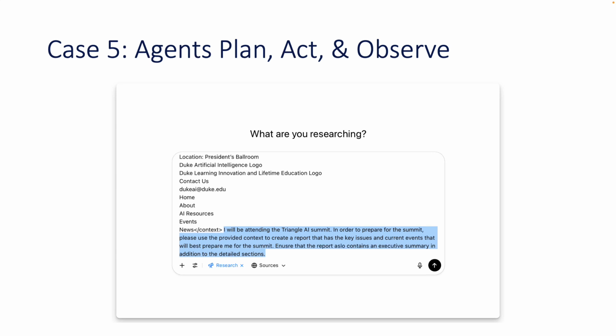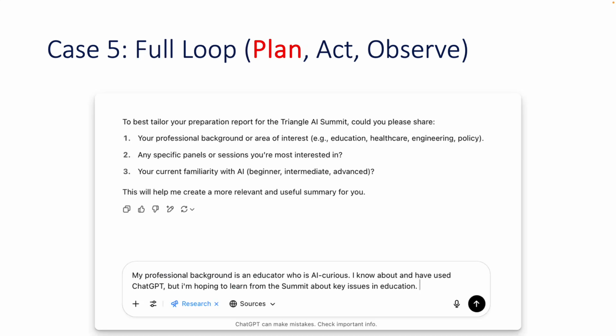And here's another tip. If you are going to be providing a large amount of context, do this first. The LLMs have this recency bias. So the last thing that they read before they start their task is going to be the part that is most fresh in their memory. So I'm going to provide context, I'm going to wrap it in these XML tags, and I'm going to dump it at the beginning of my prompt. Then I'm going to say, please do this thing, and this thing meaning write this report, provide detailed sections, give me an executive summary.